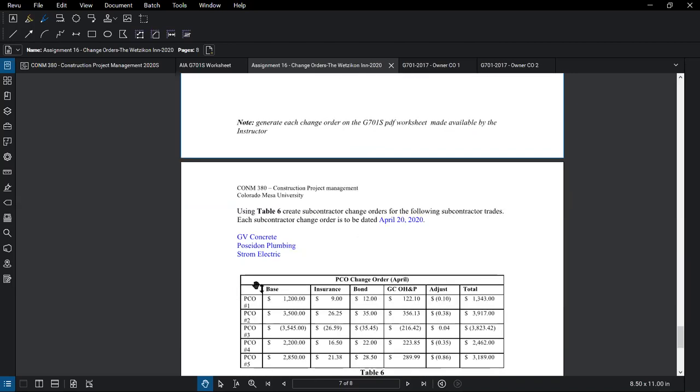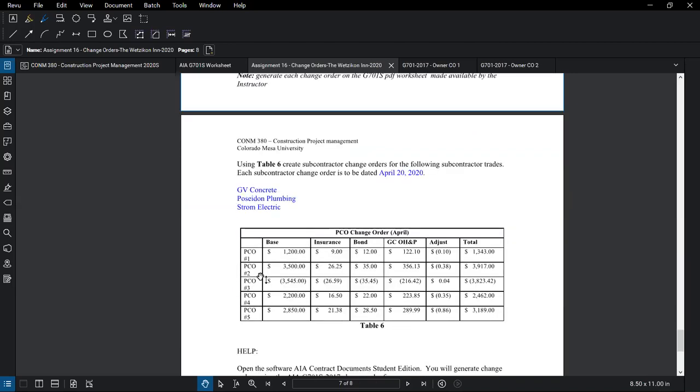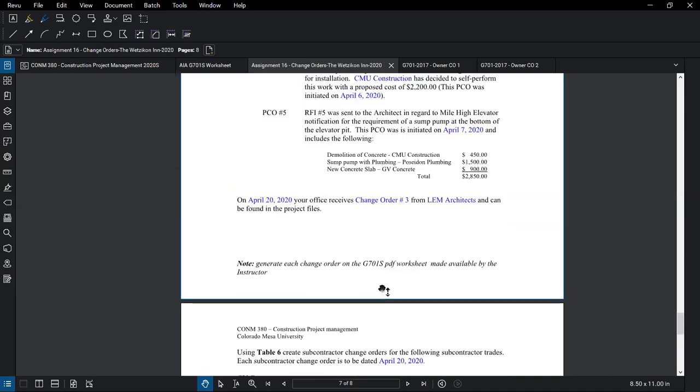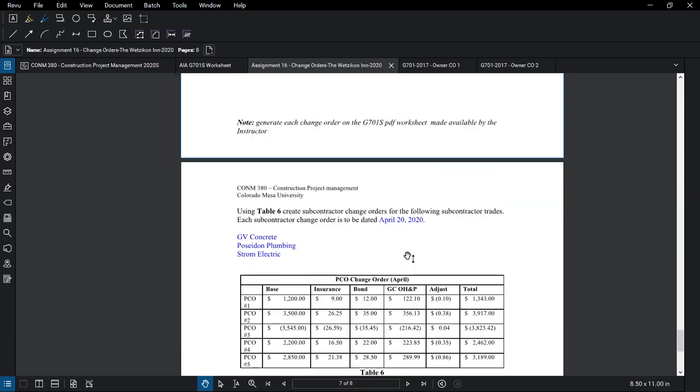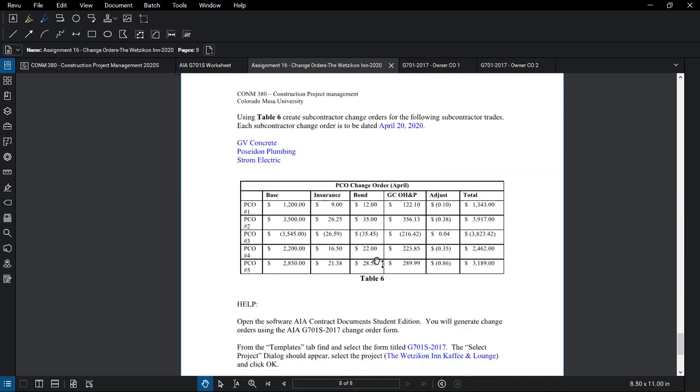And at that point, these are the 3 subcontractors that you'll be creating, again, change orders for. And then this will give you a breakdown for each of those. Now, I broke these down specifically here